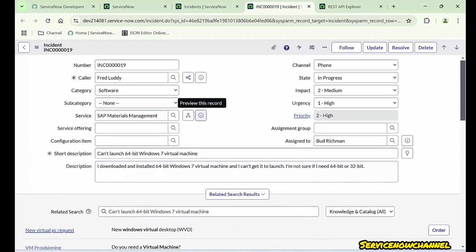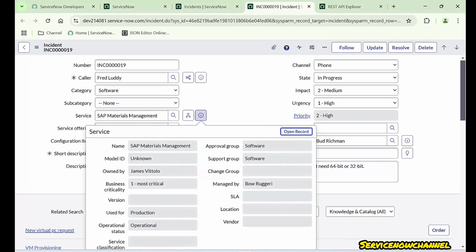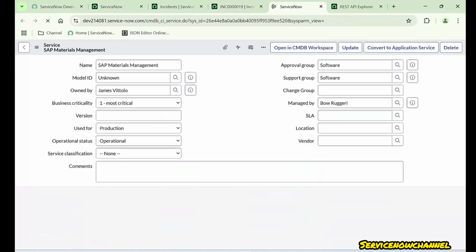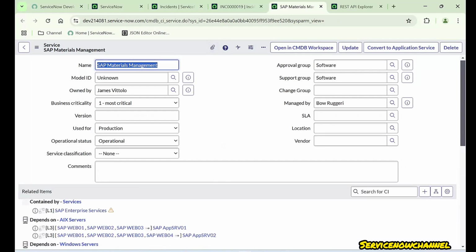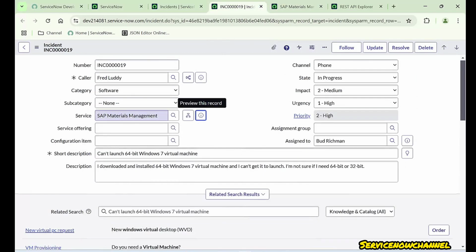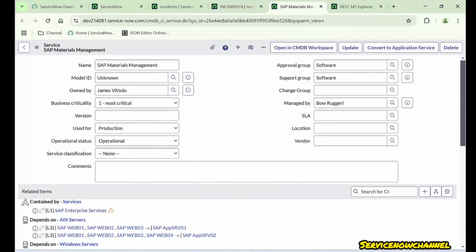So we need to take this record sys ID. For a reference field, we are doing it like this. So let's take this record, which is SAP materials management, which we have selected in service. So let's take this sys